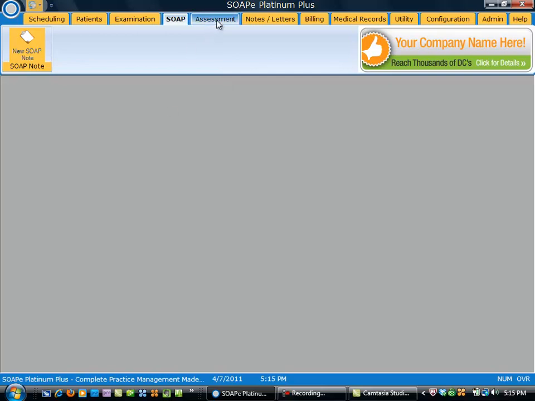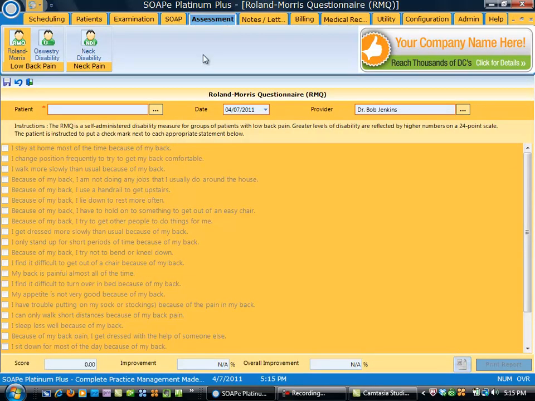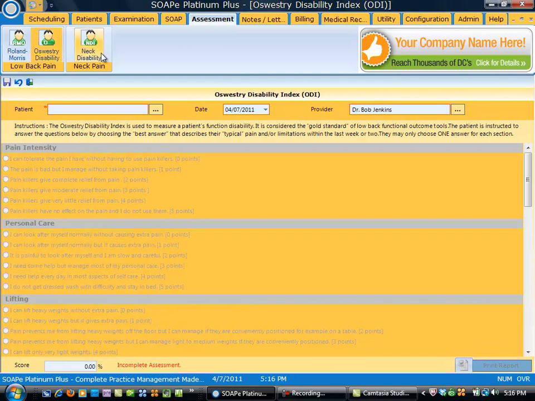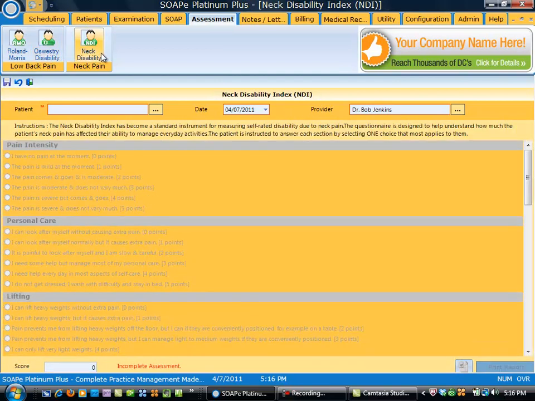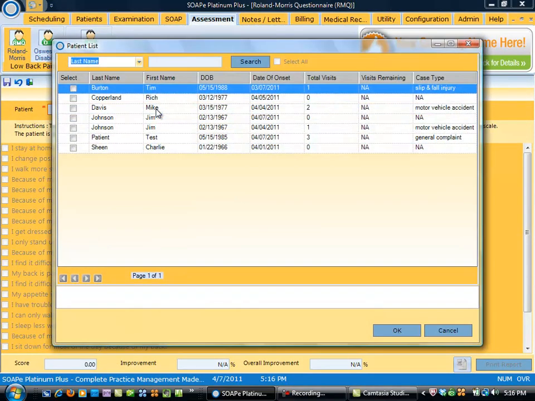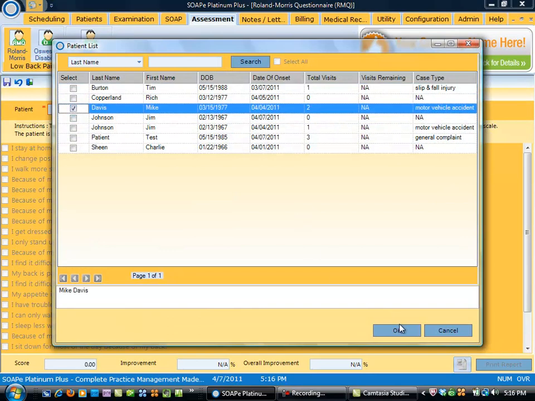Now, moving on, we have the Assessment tab. And this is the area where you can create outcome assessments for your patient. So we have several options here. We have the Roland-Morris questionnaire, Oswestry, and the Neck Disability Index. So we'll select the first one, and as always, we'll select our patient from the list,